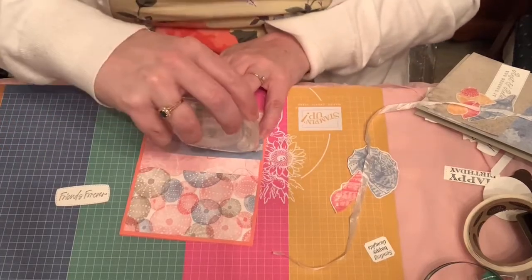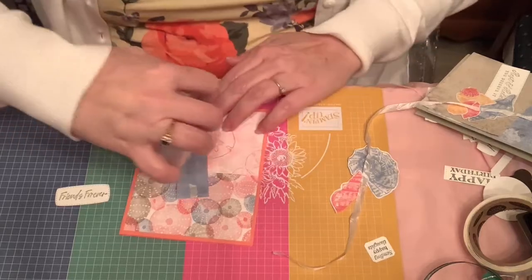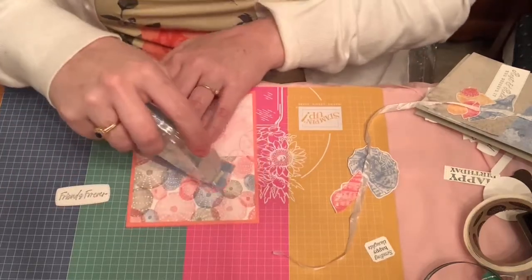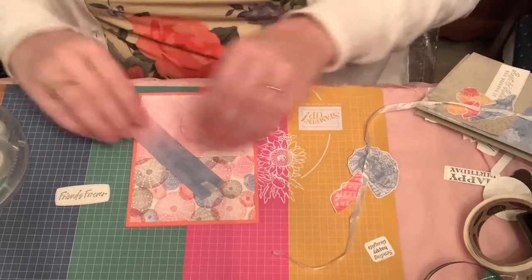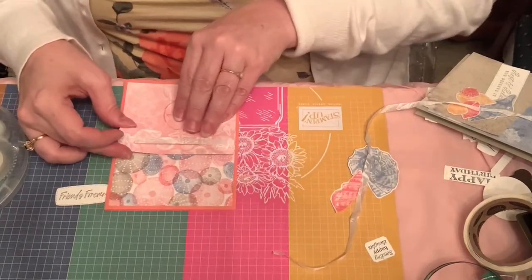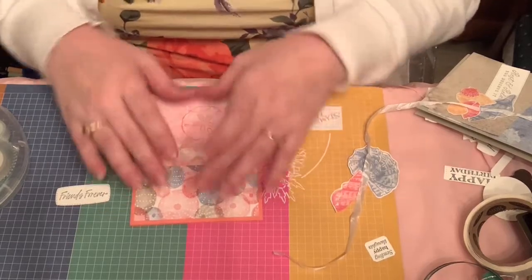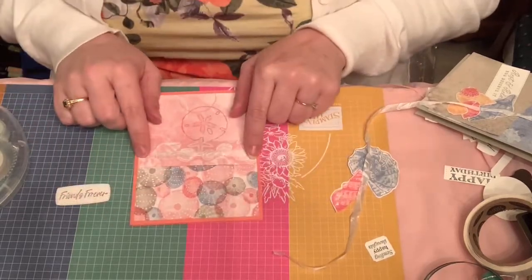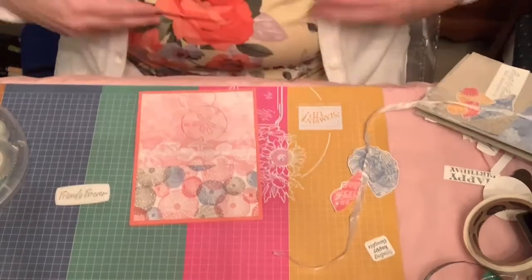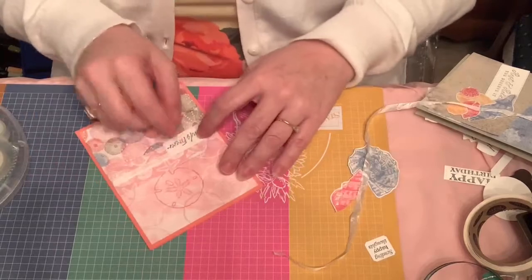So now I'm ready to just go right over the top of it with my adhesive. I don't want it to move after I have it where I want it. And then I'm just going to put this right in the center here. And I want it to cover up my seam where I put the pieces of designer series paper together. So there, I've done that. And now I'm ready to add my Friends Forever